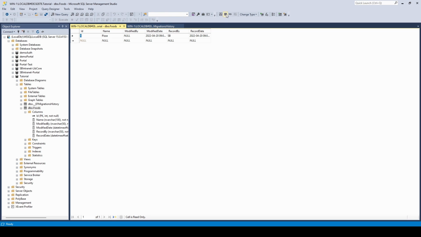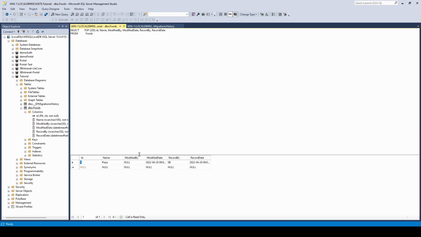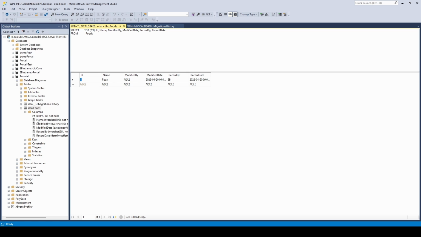And I guess I'll just show you a little bit. I don't want to make this a SQL tutorial here, but you can see that when we right-clicked on foods and hit edit top 200 rows, what it actually did was run this query here to select the top 200 rows, and it selected all of the columns from the table that we were looking at. And then this designer view just took that data and made it into a view where we can click around and actually type in here. So all we've done here is re-execute the select statement, and we didn't actually apply anything,